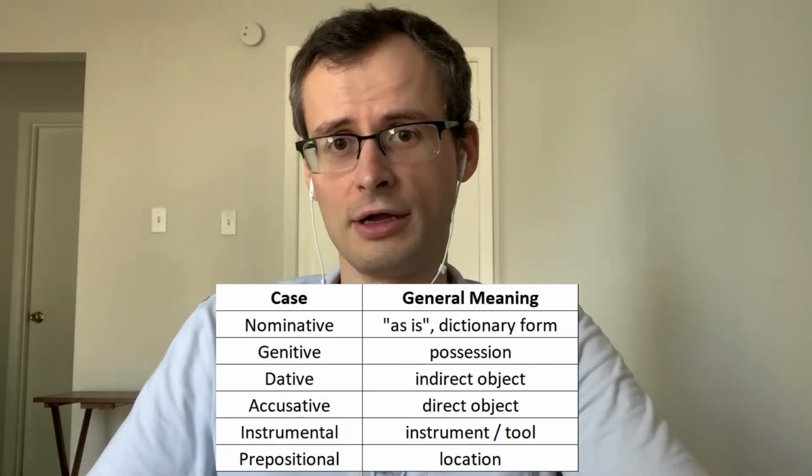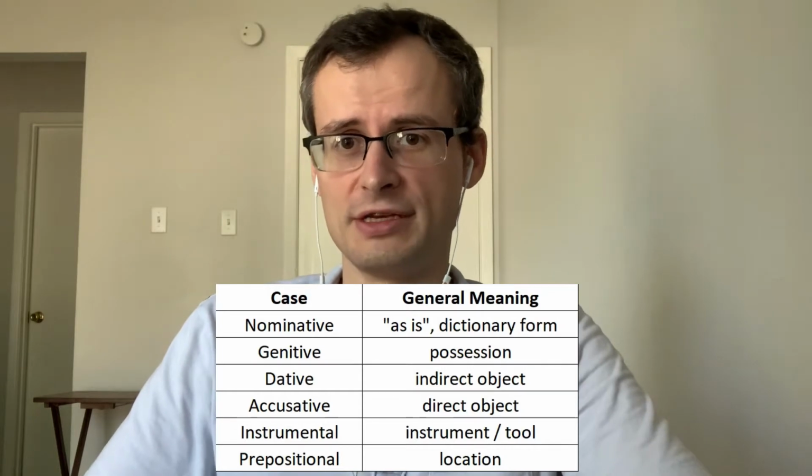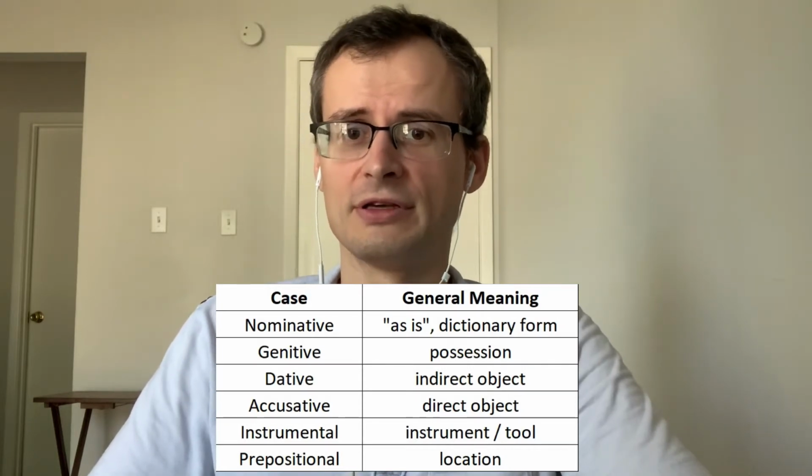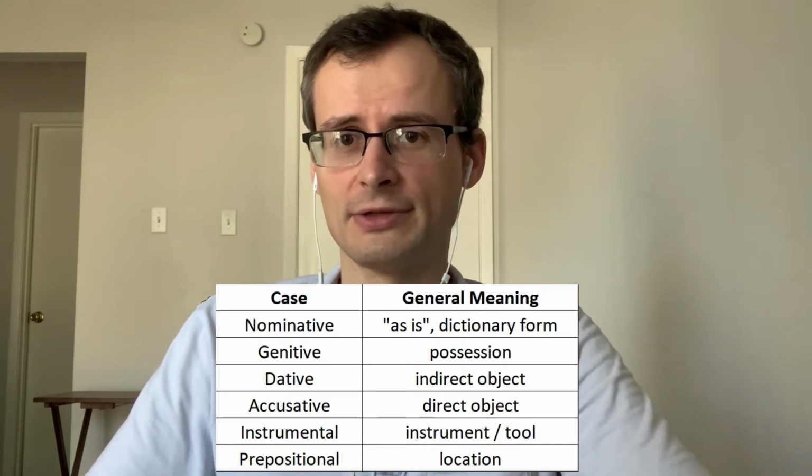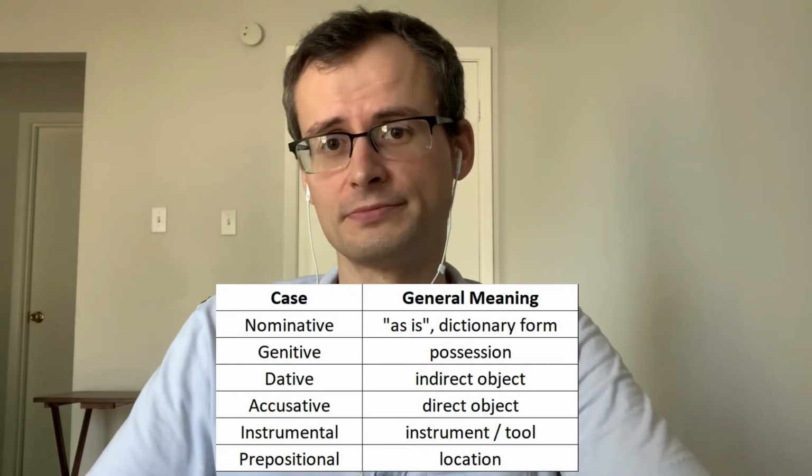To begin with, Russian has 6 grammar cases. They are nominative, genitive, dative, accusative, instrumental, and prepositional. And English, once again, does not really have any cases. So what's a case anyway? Well, if I had to explain it in my own words,